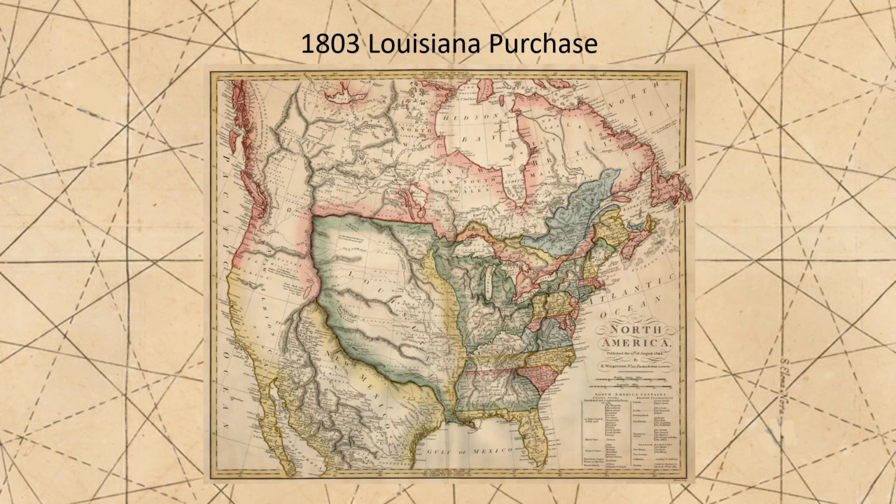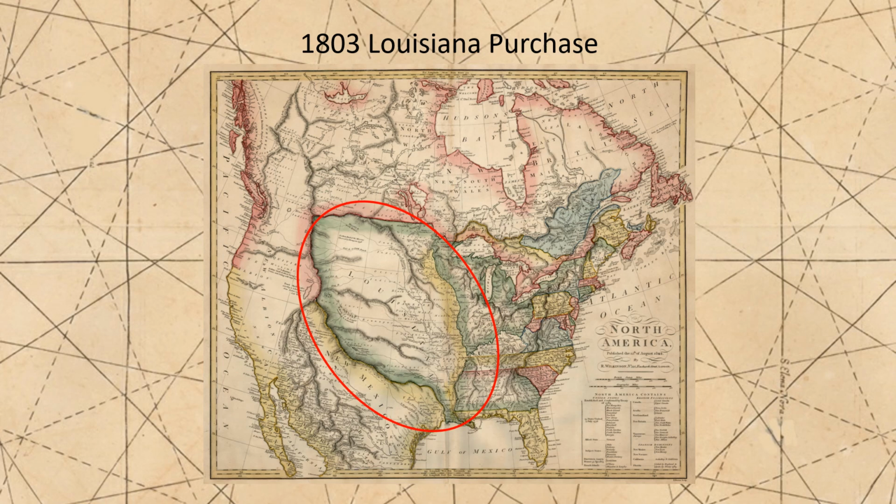Just the next year, the United States acquired its first trans-Mississippi lands. On April 30th, 1803, the United States purchased the French Louisiana Territory, consisting of the lands extending west of the Mississippi River to the crest of the Rocky Mountains. Napoleon sold primarily because he needed money for his wars in Europe. The price tag was $15 million, or about $220 million in today's money. At the time, this was less than 3 cents per acre. This purchase essentially doubled the size of the United States.